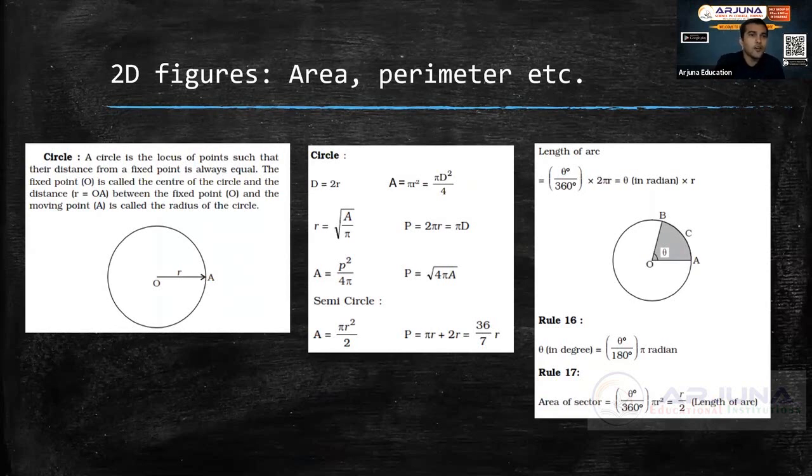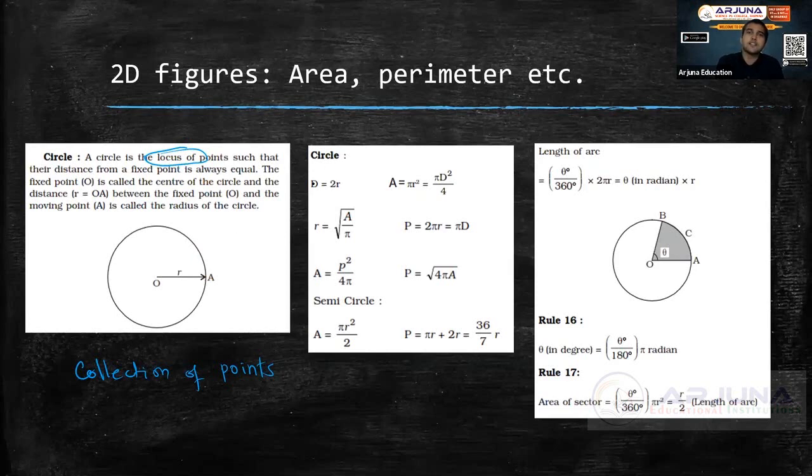And what is this locus here? They have given something, locus. Locus means collection. Okay, so a collection of points. Locus means collection of points. It's like you have collected all the points lying on the circle, and you can clearly see that all these points are at equal distance from the center. Okay, that's all. So this is nothing but locus. Locus means collection of points.